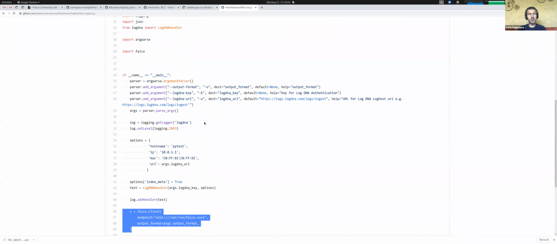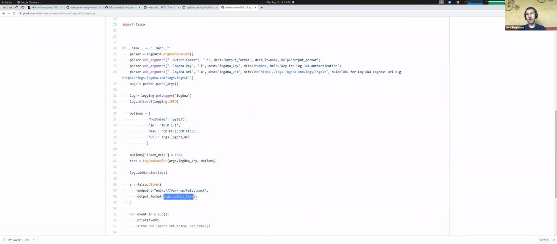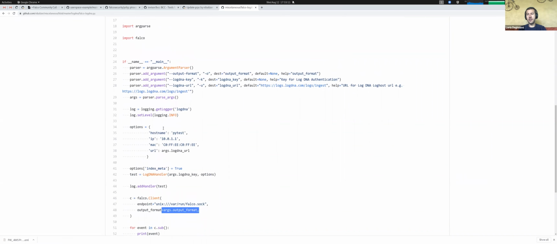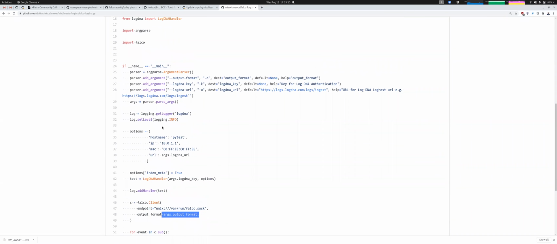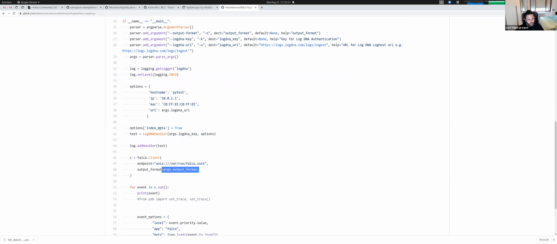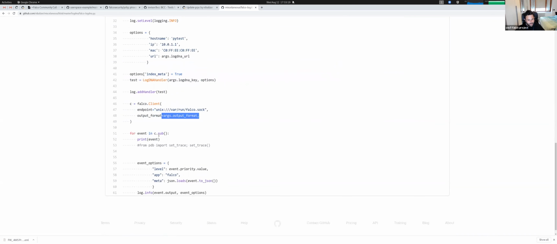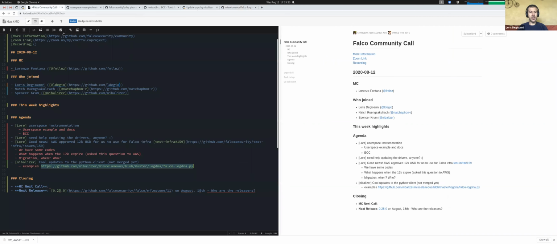It would potentially be nice to have a short blog post that highlights this, and we could put it on the Falco blog, because it's very nice. Yeah, for sure. Happy to help. So you also support the output format and everything. Very cool. I love it. Thanks, very nice.